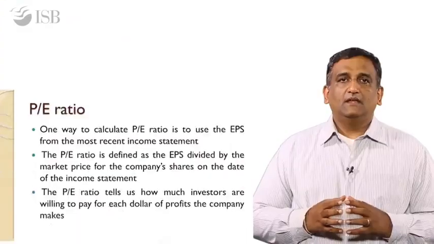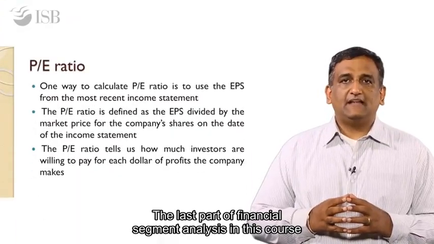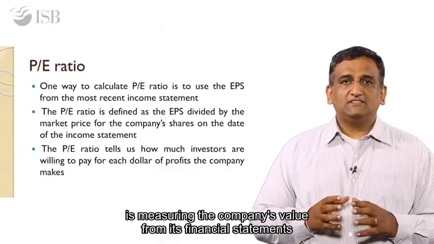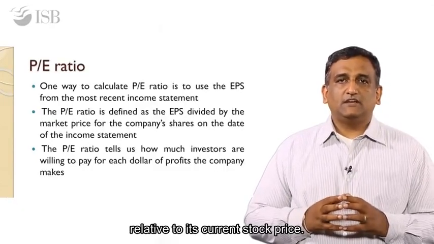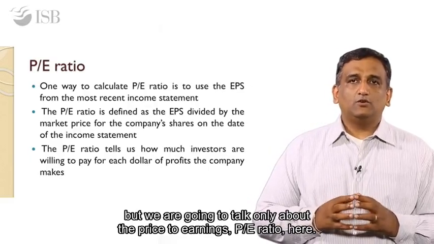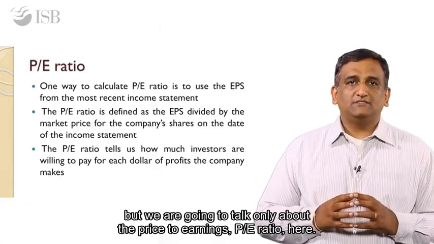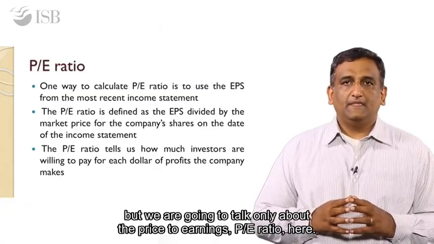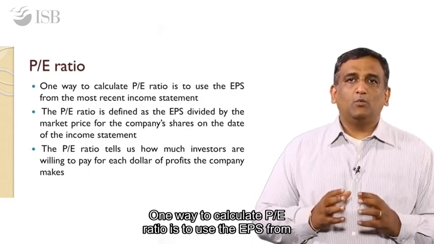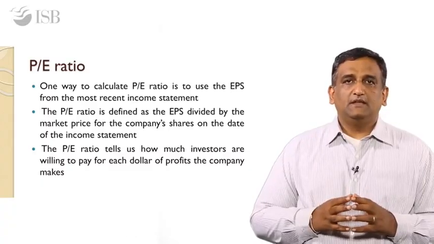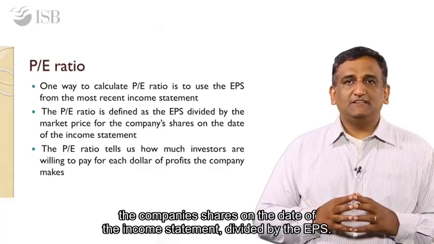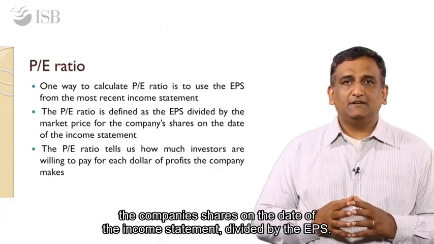The last part of financial statement analysis in this course is measuring a company's value from its financial statements relative to its current stock price. There are a number of such ratios, but we are going to talk only about the price to earnings (PE) ratio here. One way to calculate the PE ratio is to use the EPS from the most recent income statement. The PE ratio is defined as the market price for the company's shares on the date of the income statement